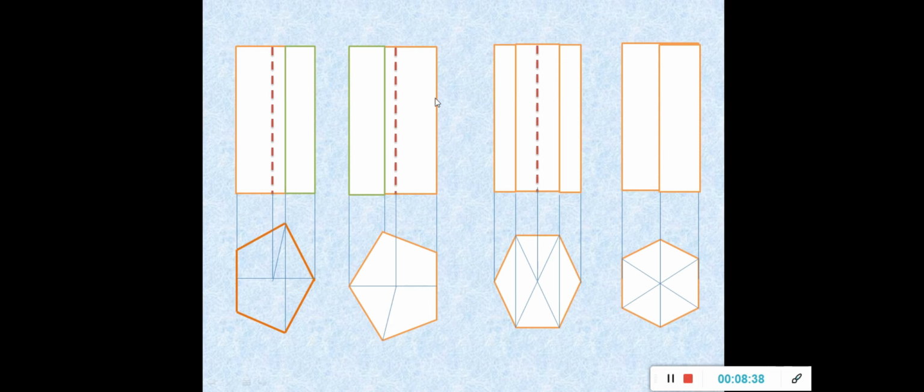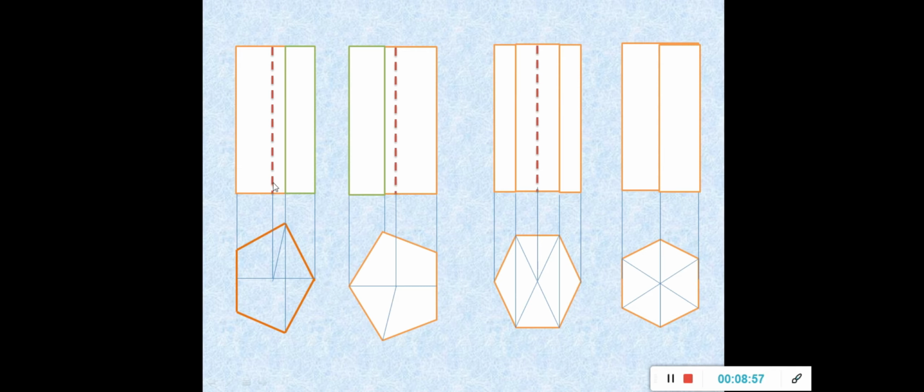If the condition is given as an edge condition, edge resting on HP, let the edge be towards the right. Why? Because I'm always inclining this body towards the right. That is why I consider edge condition, edge towards right, corner condition, corner towards right. But in planes it was vice versa. It was exactly the reverse of what we had done.